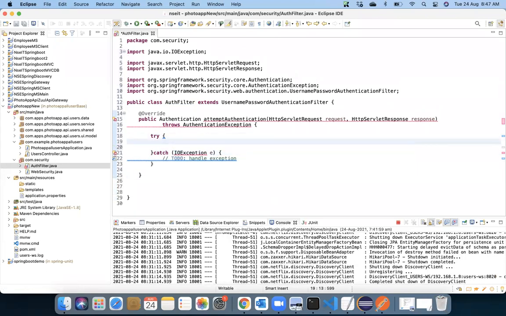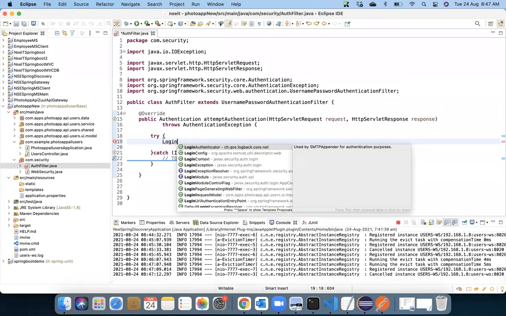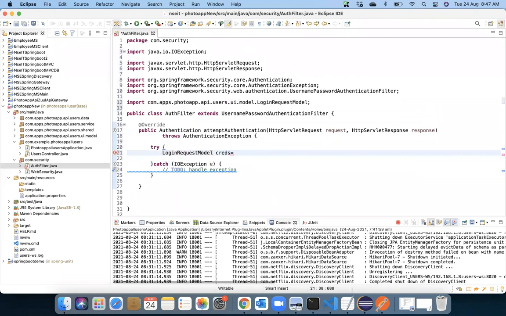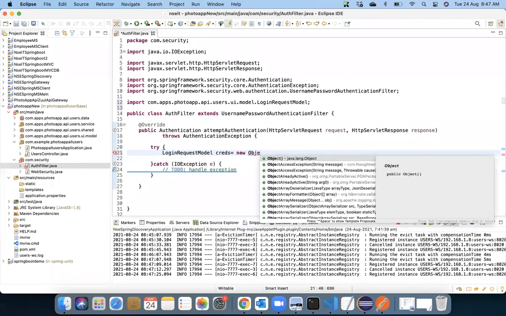Here I will start writing the logic. I'm saying LoginRequestModel creds equal to new ObjectMapper.